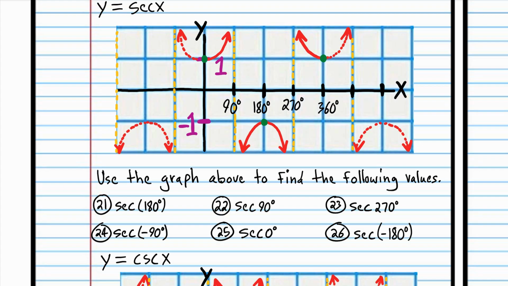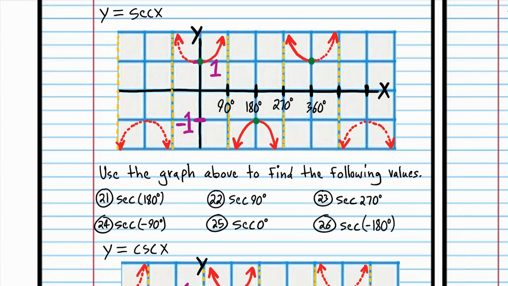If you want to calculate the secant of an angle that is a multiple of 90 or possibly 0, then again you just use the secant curve. Now we have not learned the secant curve, nor did we learn the cosine curve, so these are new curves that we're learning. And as you learn more about these curves, you're going to be able to memorize what they look like, but don't really worry about that now. I'm going to give you the